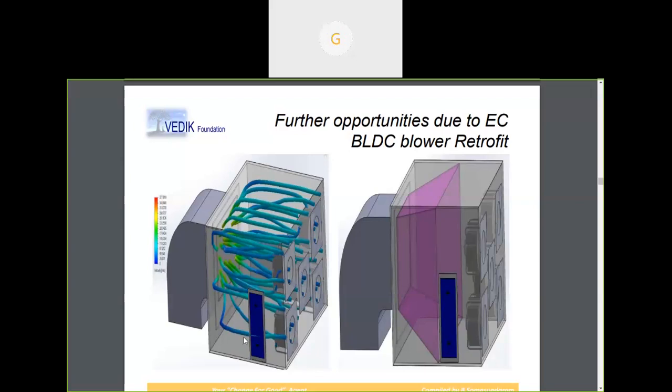Okay, so this is the next analysis he did. Okay, so if you can see, the first part is changing the first thing is